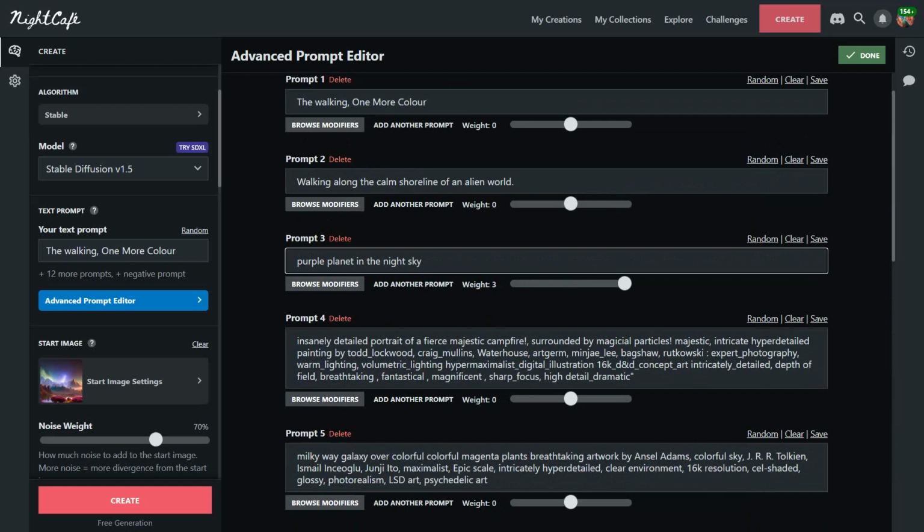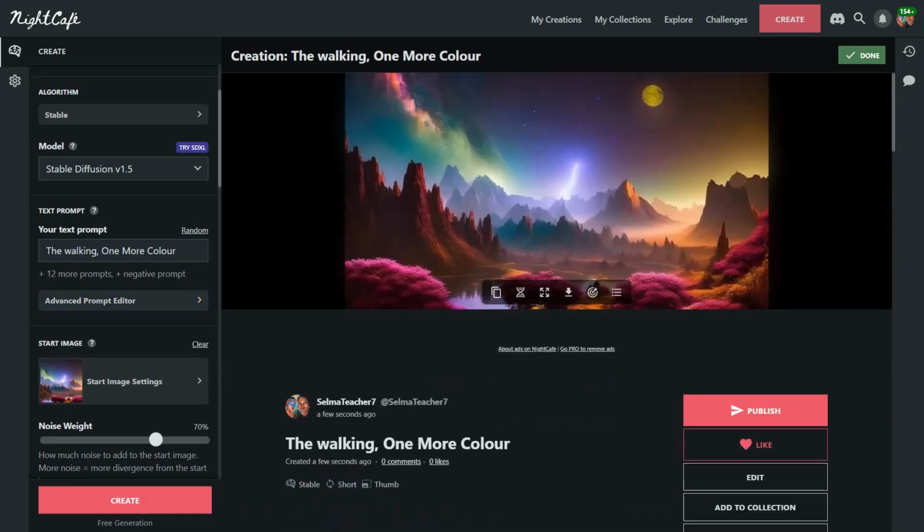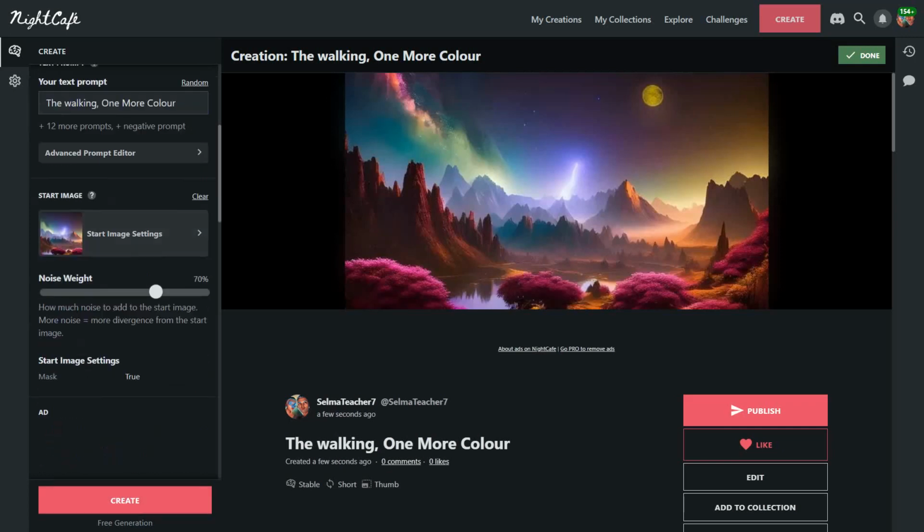I'm going to say large planet in the night sky. And I'm going to just take out planet. I'm just going to say large planet in the night sky. I've changed this also to Stable Diffusion. Let's see what it makes this time. Okay, it made a planet up there. That took some work. So it took a few of these evolvings there of clicking down here on create,